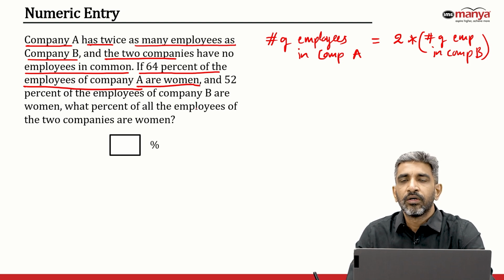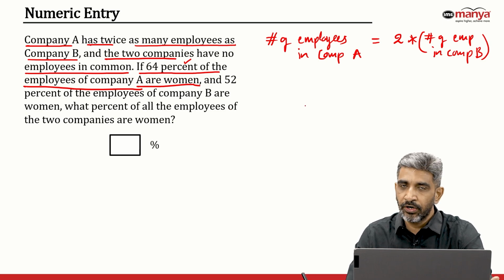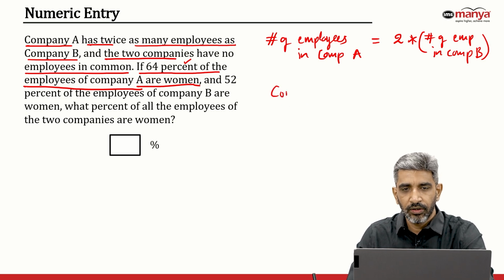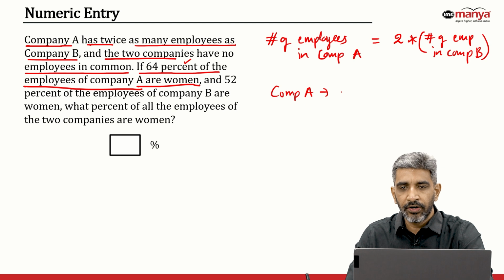let's pause here, take a deep breath, and decide what we want to do from here onwards. We see that there is some data given to us in terms of a percentage. As such, a great way to save time on this question is to assume the unknown employees as 100 or multiples of 100. So if I take 100 as the number of employees in Company A, I should be concluding that Company B has only 50 employees,